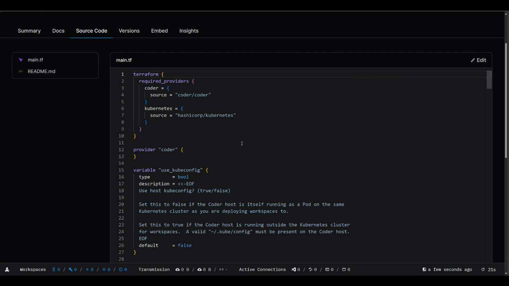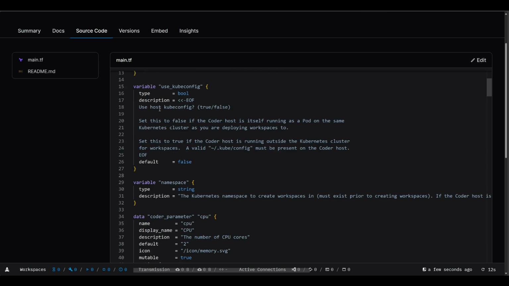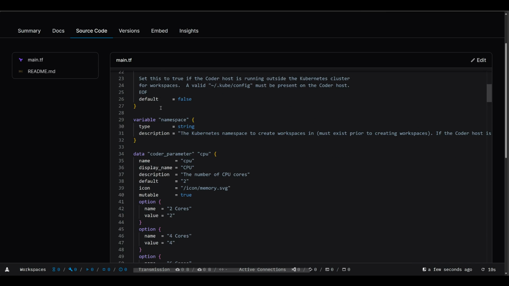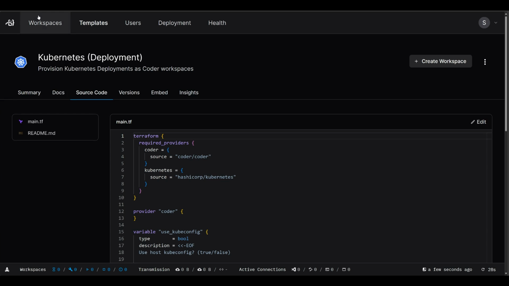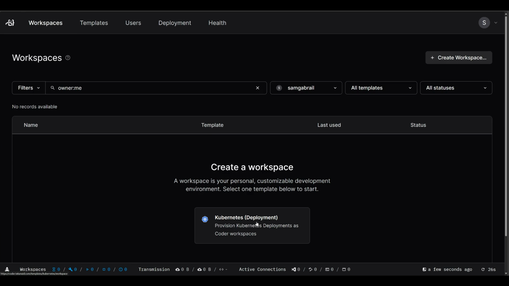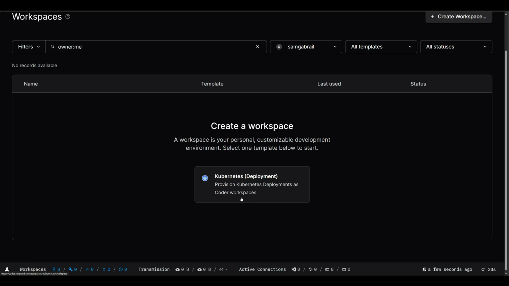And you can see the source code for the template right here. Terraform, the required providers, Coder, Kubernetes. These are the providers we're using, and you can go ahead and take a closer look, which we'll do later on. All right, now let's go back to Workspaces, and now we can create a workspace based on the template